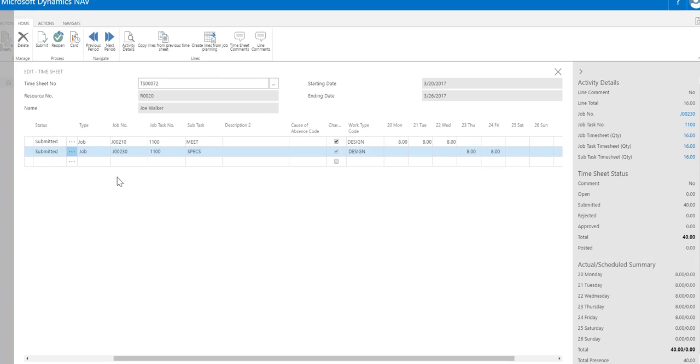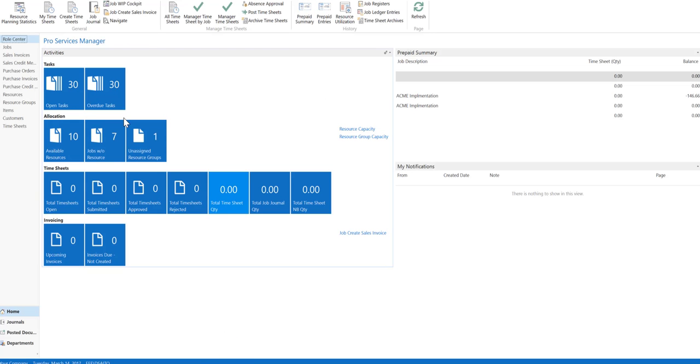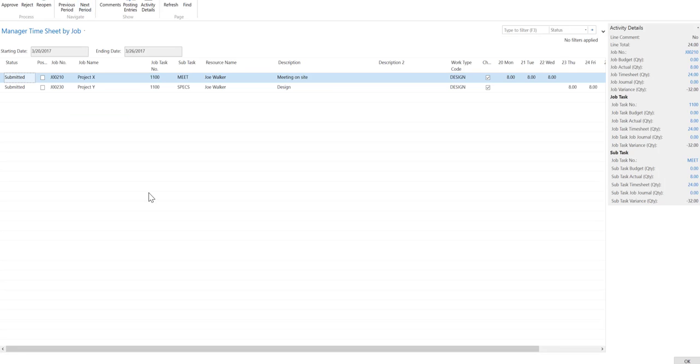Now we're going to switch roles again. I am now, again, the Professional Services Manager, so let me switch back to my role center. And what I'm going to do now is I'm going to review the timesheets, take a look at them. The easiest way to approve timesheets is by job. As a manager, I will see the jobs that I'm responsible for, and I will click to the correct period,